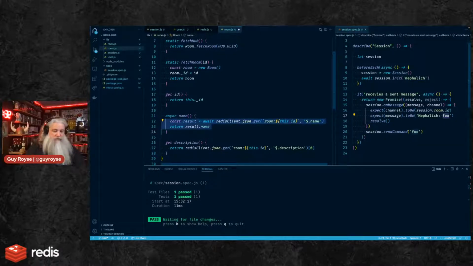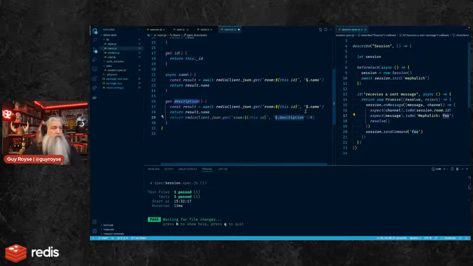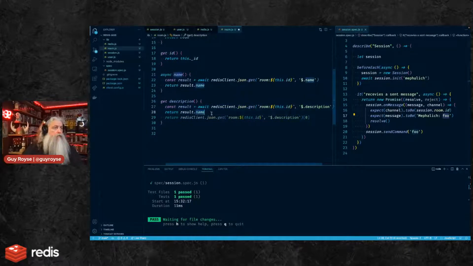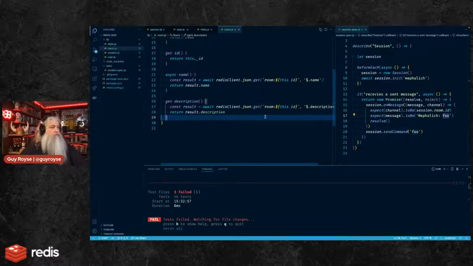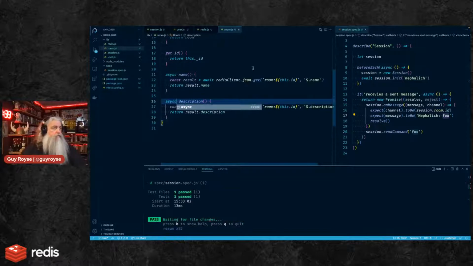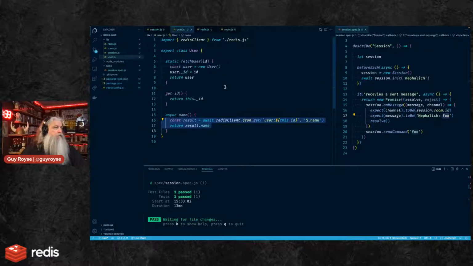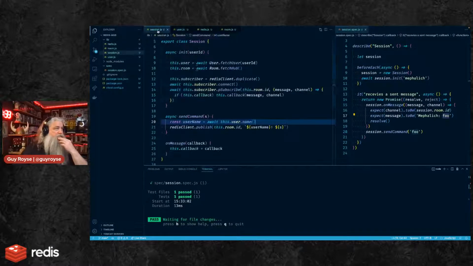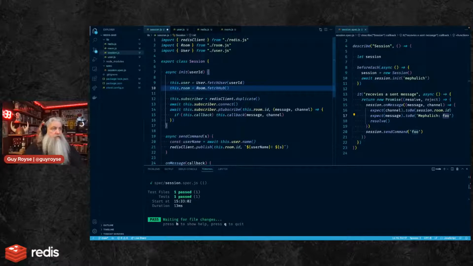And I'm going to have lots of little itty bits of code that look like this. That needs to be async. So that's passing. And that no longer needs to be awaited because, yeah, there we go.